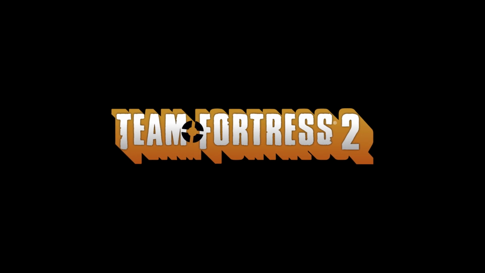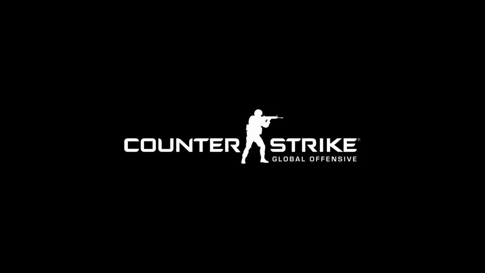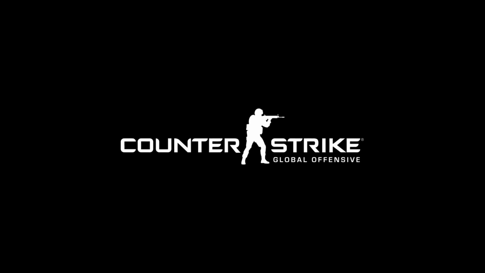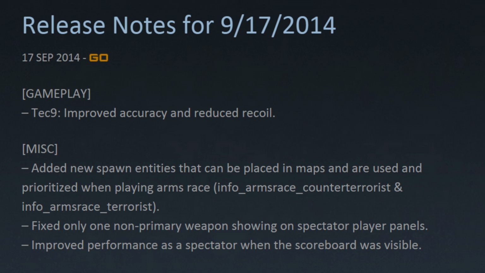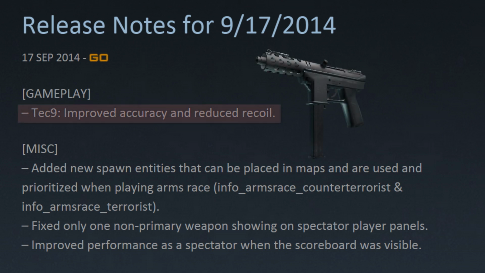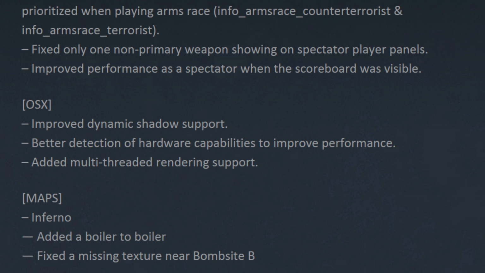While Team Fortress 2 was stealing experimental features from its younger, more mature brother, Counter-Strike Global Offensive, CSGO also received its own update, albeit a small one. The actually rather tiny update focused on introducing accuracy and recoil balance tweaks for the Tec 9 and multiple performance improvements for the Mac OS X version of the game, including improved dynamic shadow support, better detection of hardware capabilities,